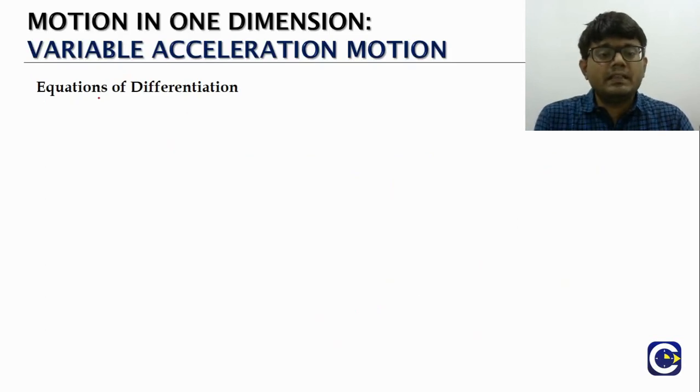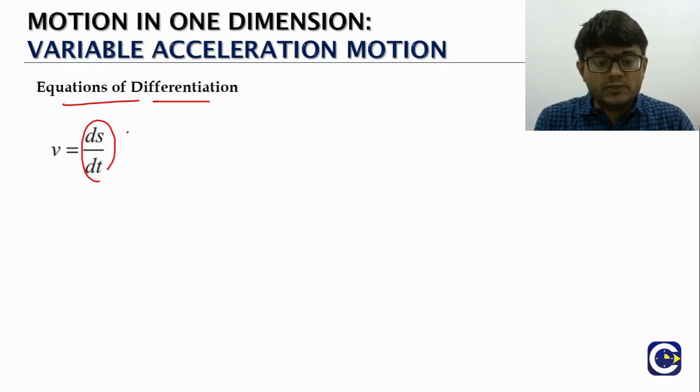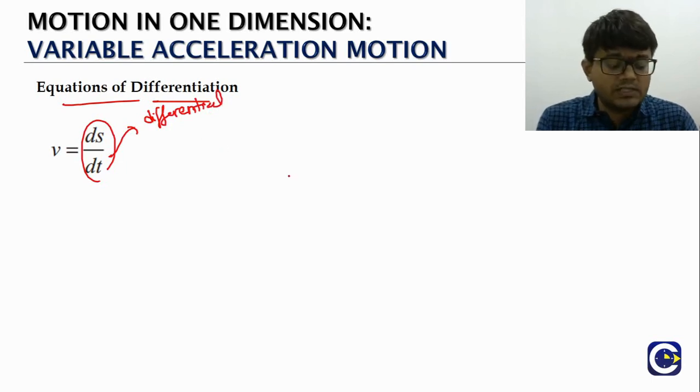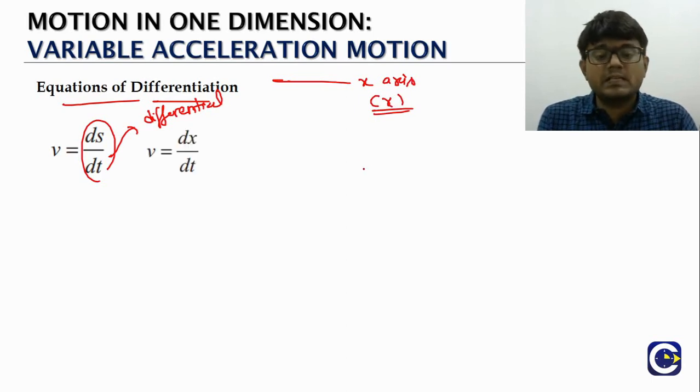First, we'll begin with the differential equations. So instantaneous velocity will be defined as what? Rate of change of the displacement for a very short interval of time. That is what we call the differential time element dt. So the ds by dt will give us the instantaneous velocity. Now if we assume that the motion is along the x-axis, then the position of the particle can be represented by the x coordinate of the particle. So we can even express the instantaneous velocity as the rate at which the x coordinate of the particle changes or the position of the particle changes.